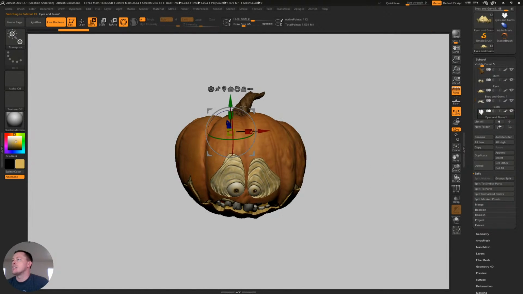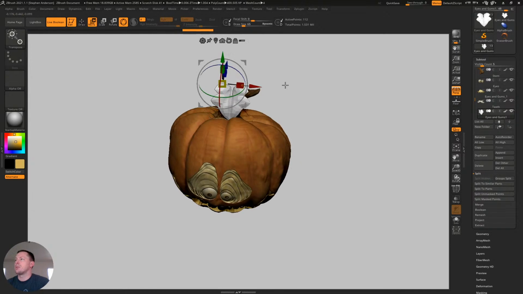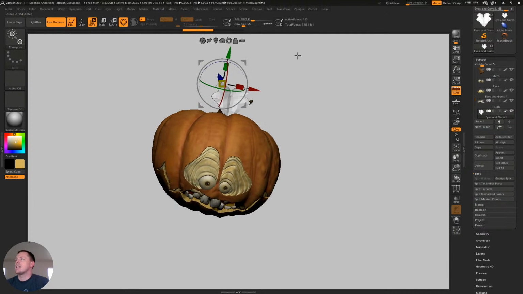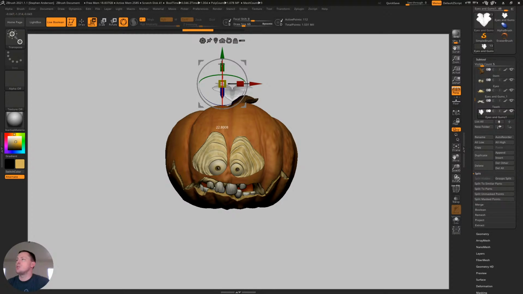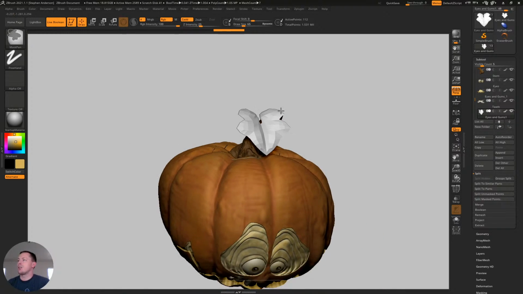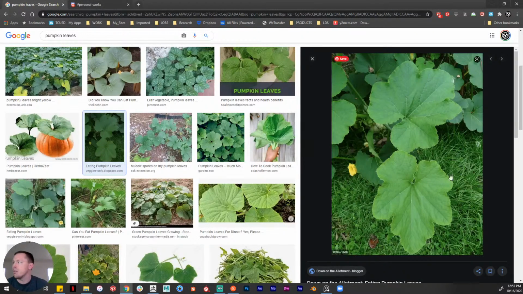Select it. Turn off local symmetry because that'll totally mess it up. Just kind of bring it up. Okay. You know what? I don't want to take it out of symmetry yet. What I do want to do is let's figure out a good color for it. It's like if we look at regular pumpkin leaves,